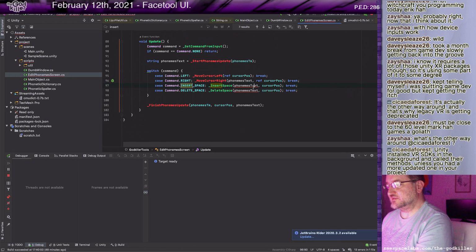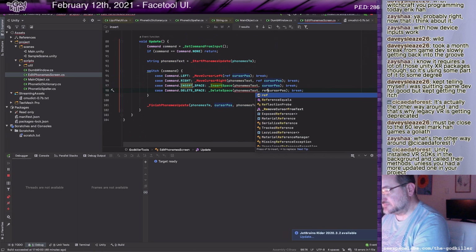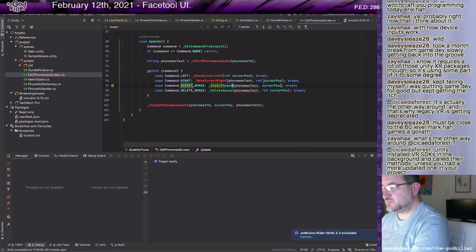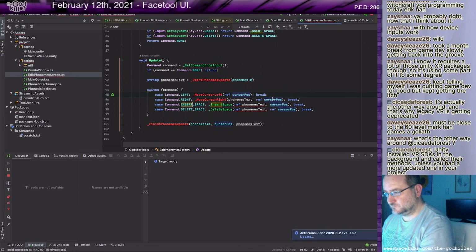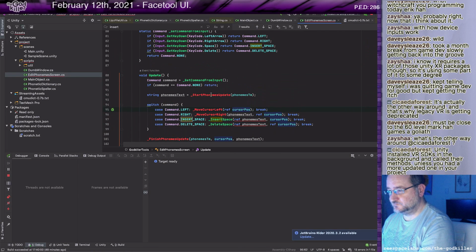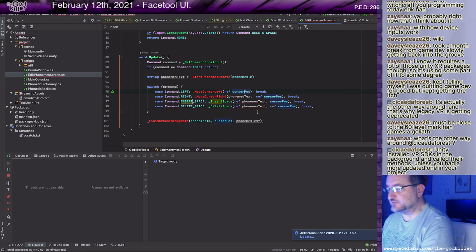Let's see. So ref on that. Ref on that. Ref on that. Okay. Alright, this is a much cleaner design than what I had before. We'll start the update, and in this one we will